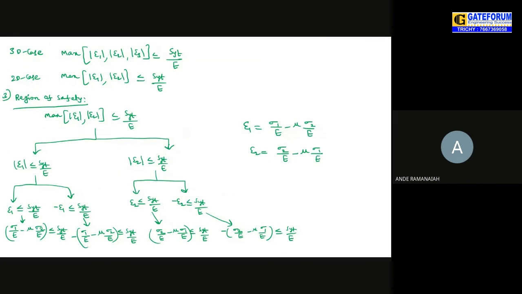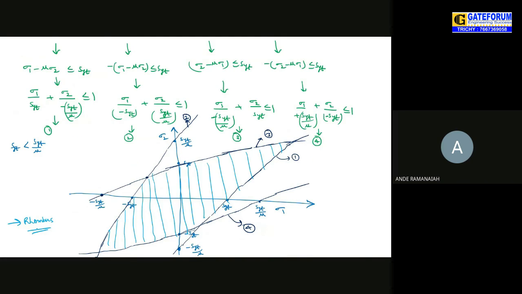And so again, I'm plotting it for two dimensions only. Again here also we'll get four equations like the first one, but it involves mu. I'm writing those equations in terms of x by a plus y by b less than or equal to 1 so that it is easy to plot. So I am getting four equations, and by using those I have plotted it. So my graph will be looking like a rhombus. This is the one. Is it clear? So the region of safety is a rhombus.